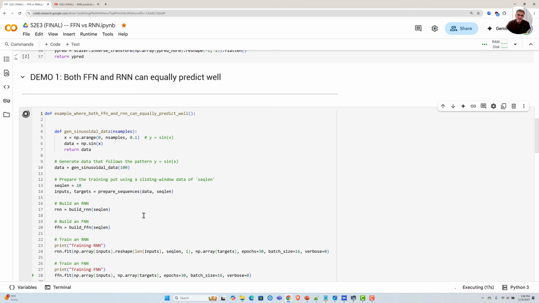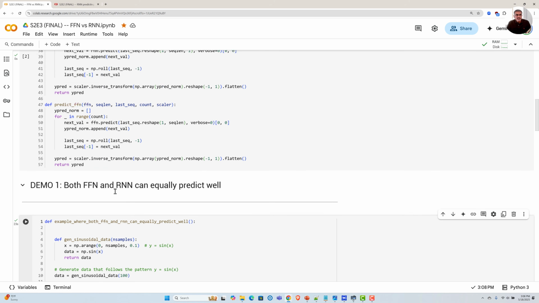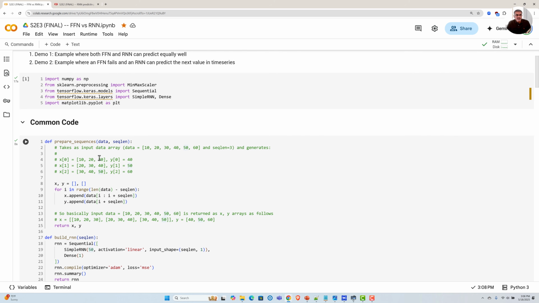So let's say this is a sine wave that looks like this, something like that. I figure out my sliding window. So my window size is 10. I would create sequences. And again, I showed you that the way you create sequences is that if you get